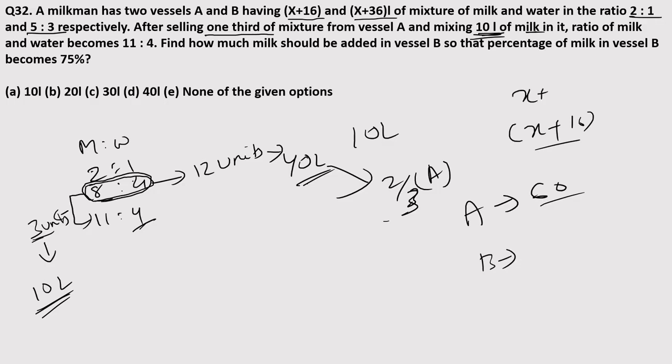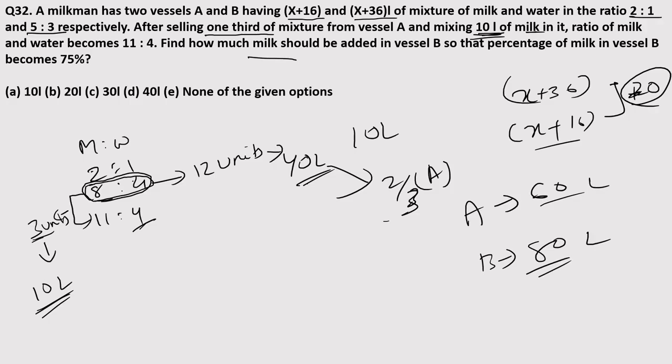The capacity of B is X plus 36. What is the gap between these two? 20. So B has to be 80 liters, right? Now it is asking how much water should be added in B so that percentage of milk in B becomes